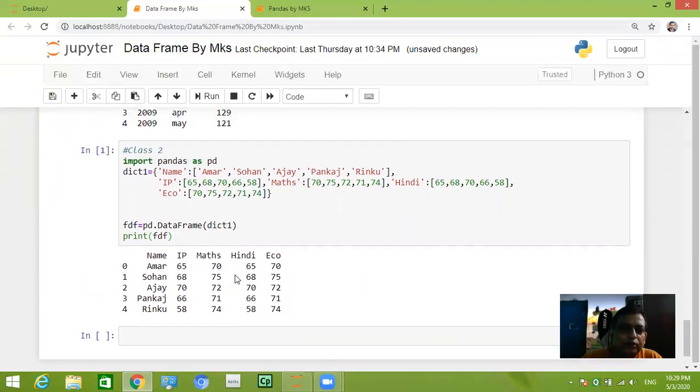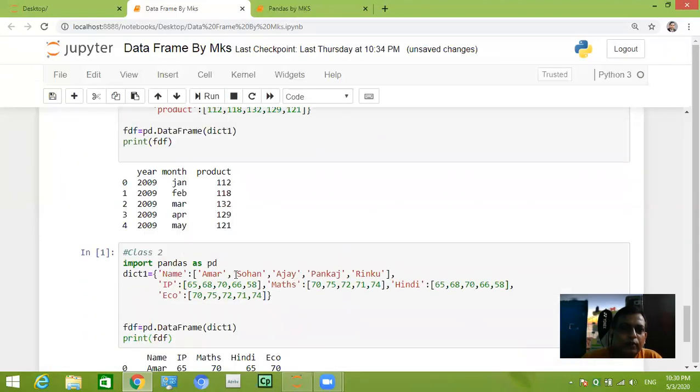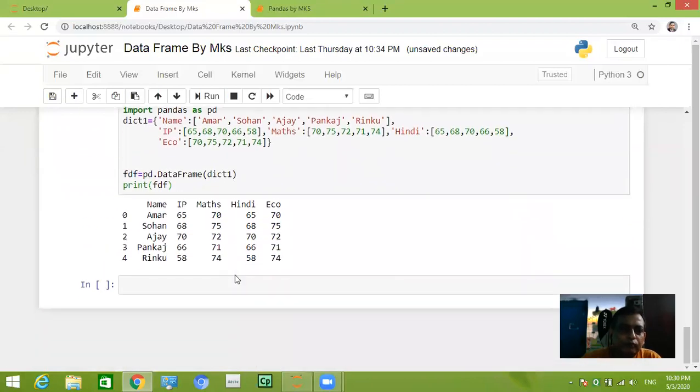So here you can see it has come in the form of a table: name, 4 subjects, IP, Math, Hindi, Economics, and default index 0, 1, 2, 3.